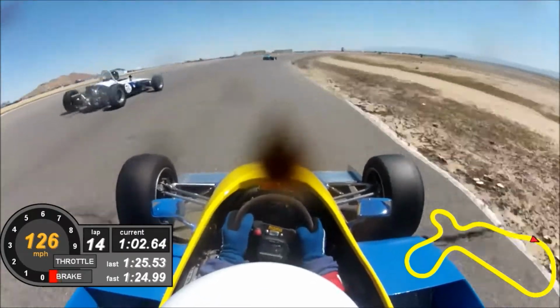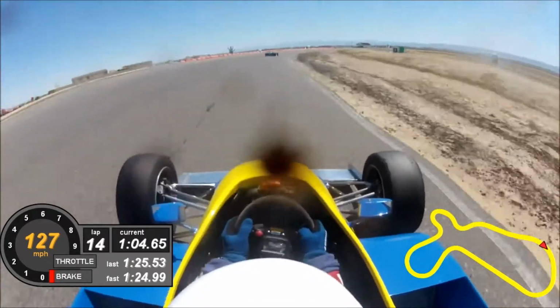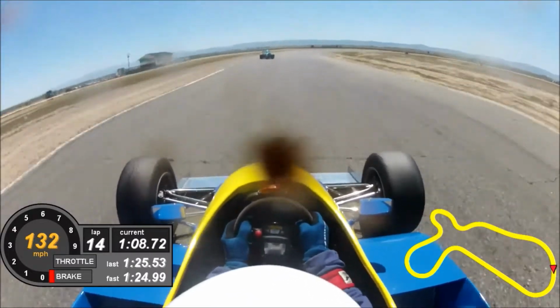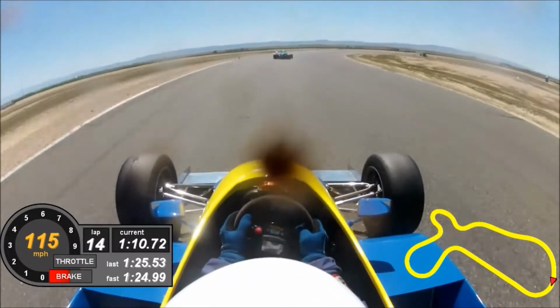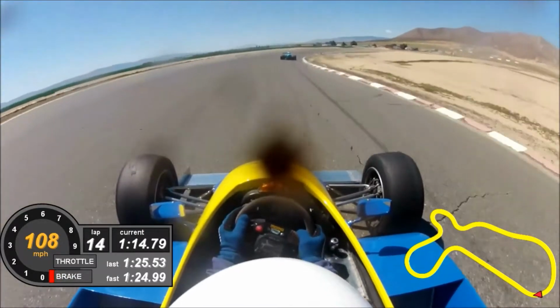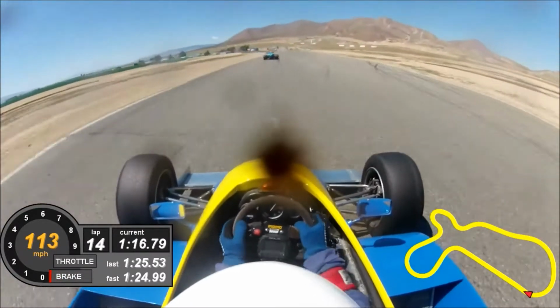And sure enough, here's lap 14, and I'm getting pretty close to Paul again. And so I'm expecting I'm going to pass him. I think, yeah, we go onto the front straight here. I'll get down pretty close to him. I think we'll shift,